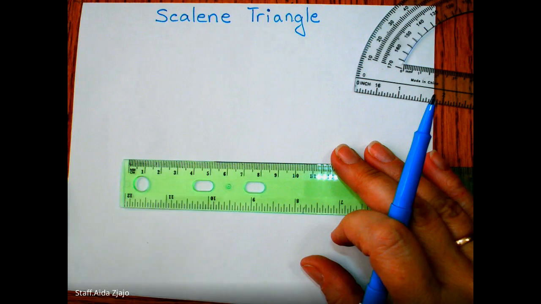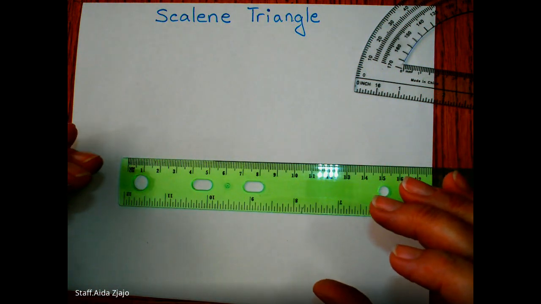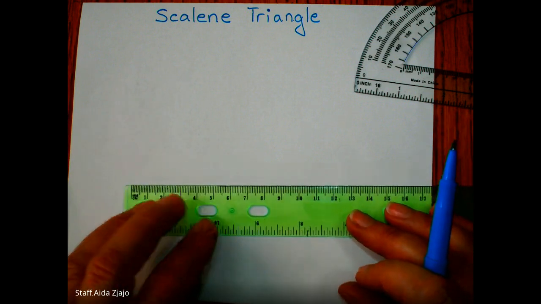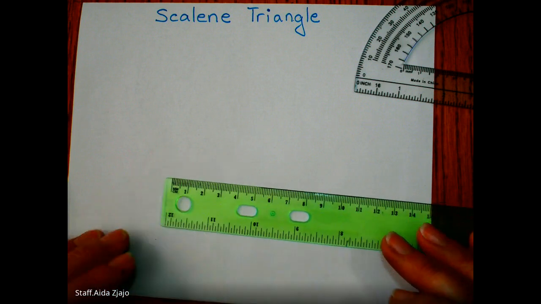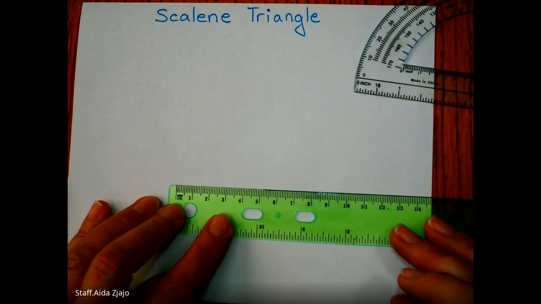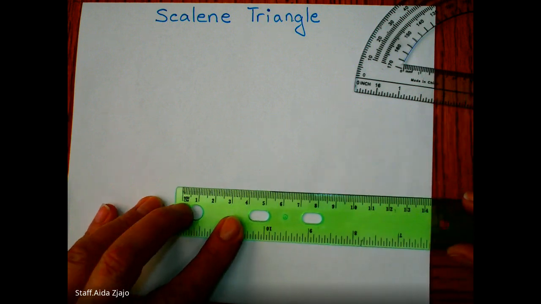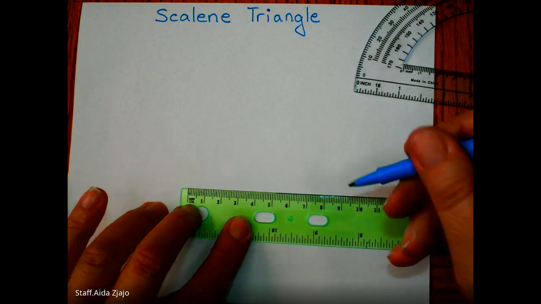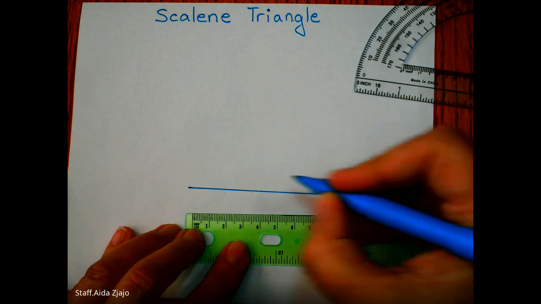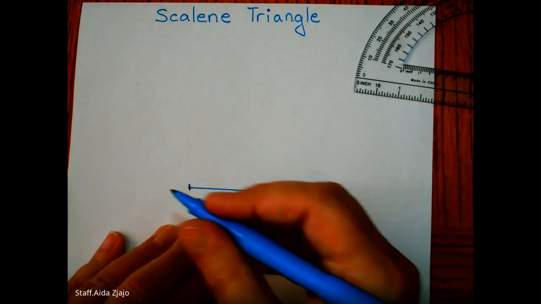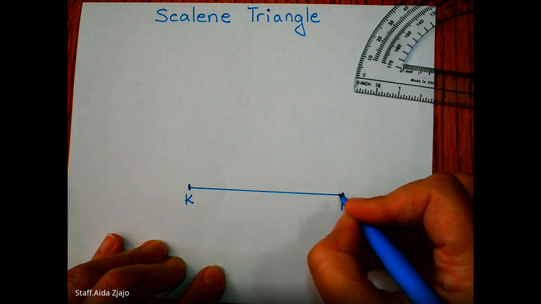Scalene triangle, it's like a scale. It does not have any sides the same length. So we're going to start by creating one line, and I would like to make this line about 9 centimeters. So I'm going to make a 9 centimeter line. The line segment will be, for example, KM segment, and I have point M and point